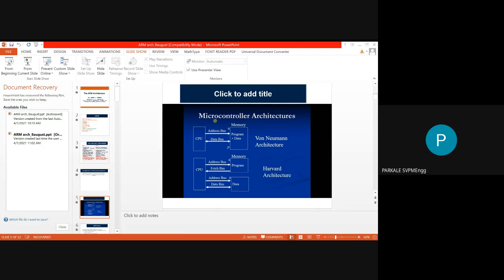Now the third point, that we have to see some history of the ARM. So that is the development of your ARM. It started in the 1970s basically. In the 1970s, memories are very costly, so there was a need to develop a compact instruction set. That is why we have to design a compact instruction set, also called a reduced instruction set.